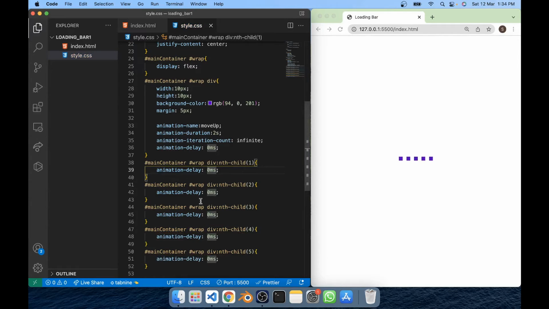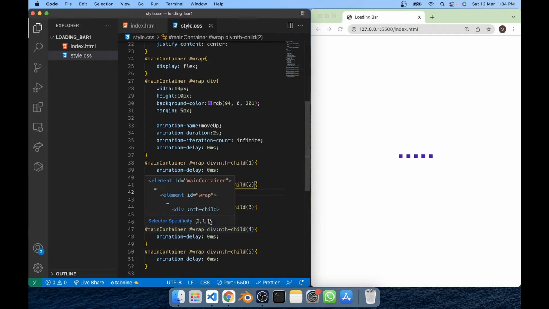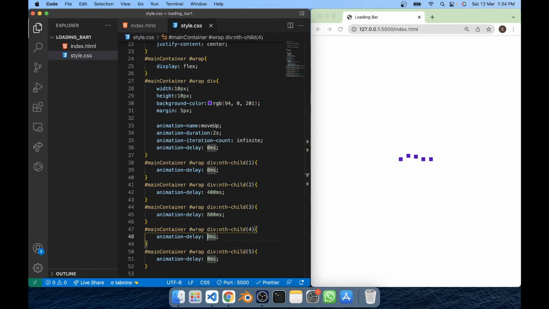For the first child there is nothing, for the second child it will be 400, then 800, then 1200 milliseconds, and so on. If you go with this and refresh it,